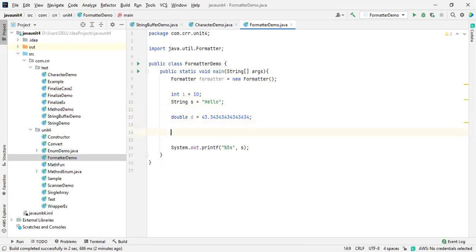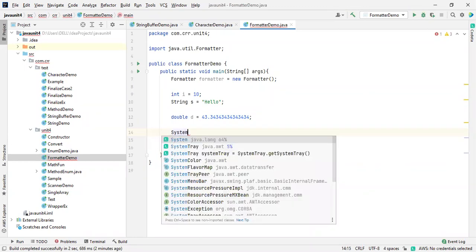So I'm taking it as a double. What we know is that after the decimal we have a 5 and above. If we consider a floor in that sense, it will print only 43. Yes, I want to show you that one also. I think I already said this. It's okay, I will try this one also.